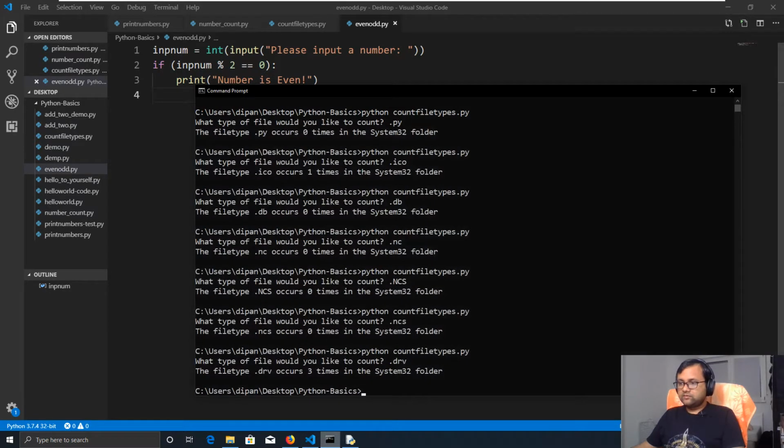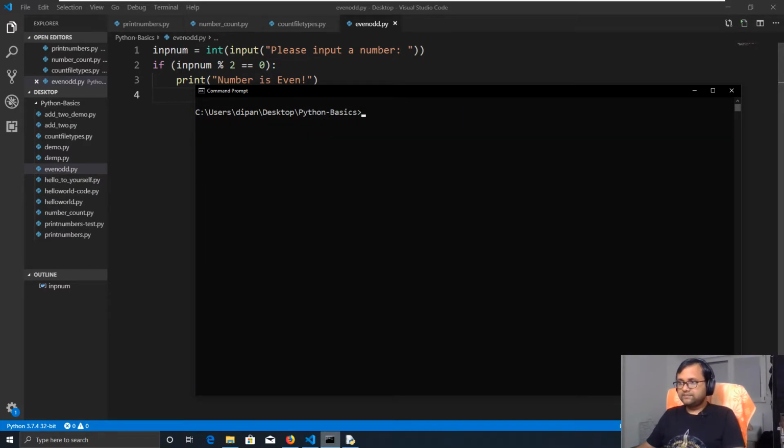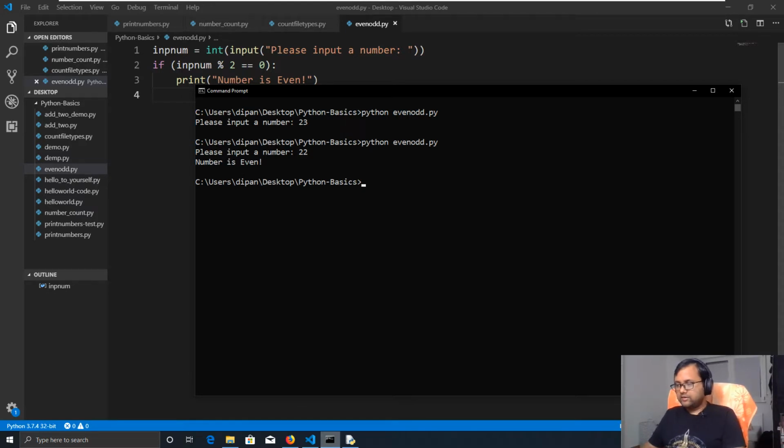So let's go to our terminal, let's clear our screen, and we are already in the folder, so we'll just say python even odd, and it says input a number, let's say 23, and then see nothing happens. Okay, let's run it one more time, and I will actually input an even number and see you get number even. But as you saw in the last one, if we actually put an odd number here, then nothing happens,